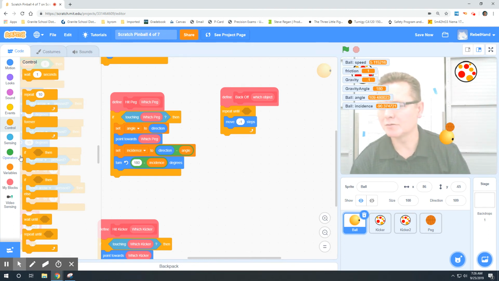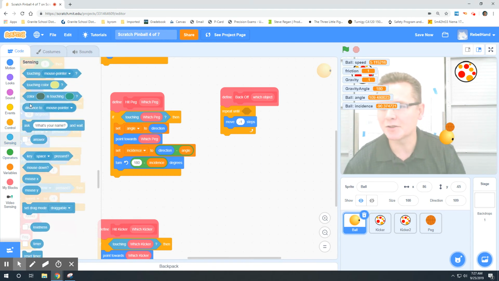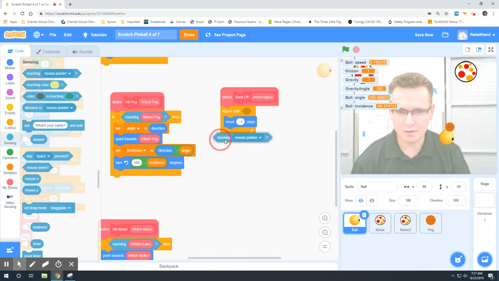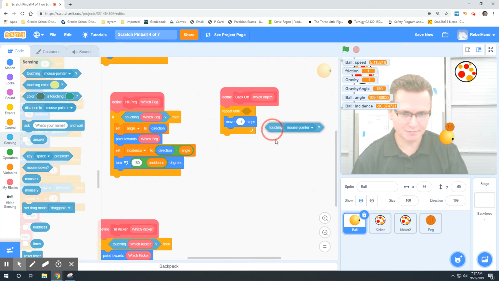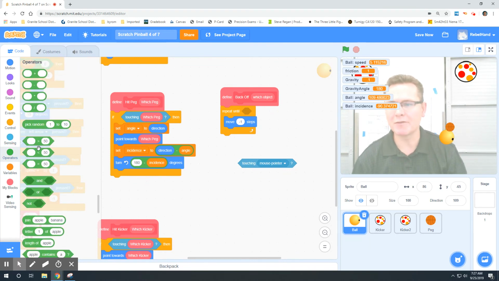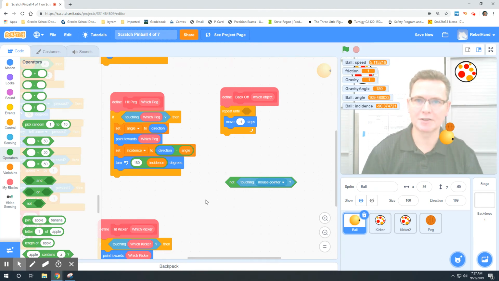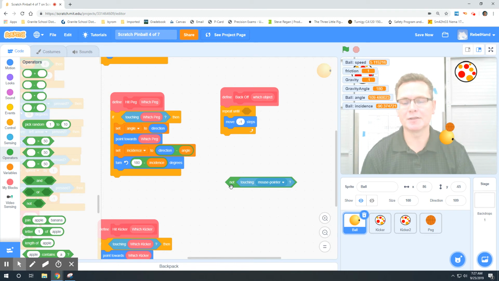Okay, so where's touching? It's in sensing. Sensing has the touching, but there's no such thing as a not touching. So if I stick that in there, that's not going to work unless we modify it. And in operators, we have these modifiers that are these words. We have a not. And you can just stick a not in front of anything, which is kind of cool. So if you want the opposite, you can just say a not,